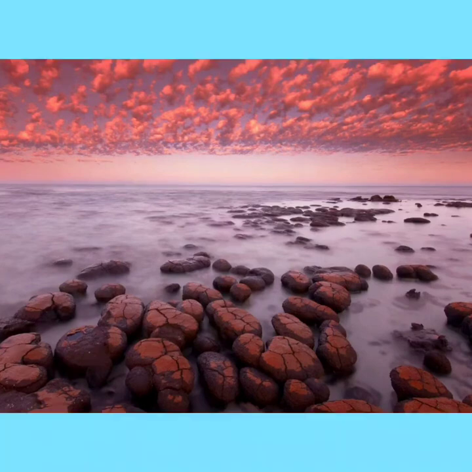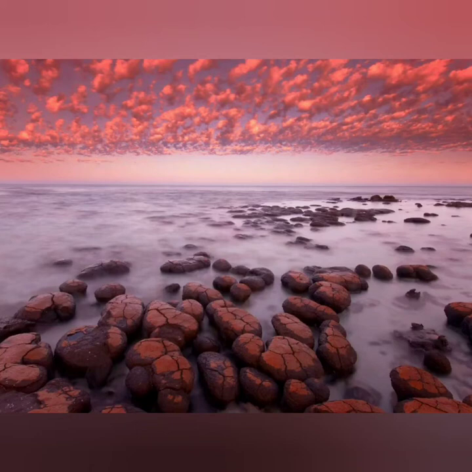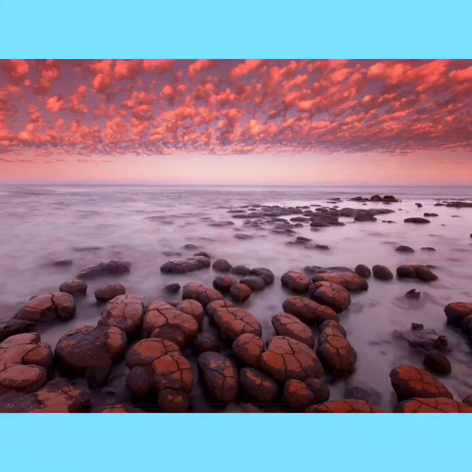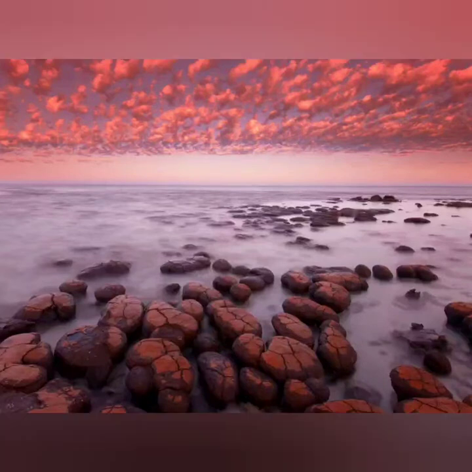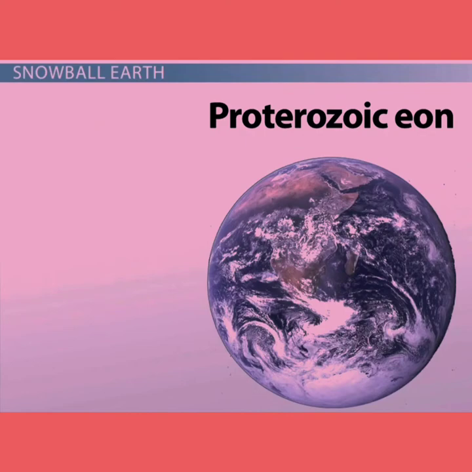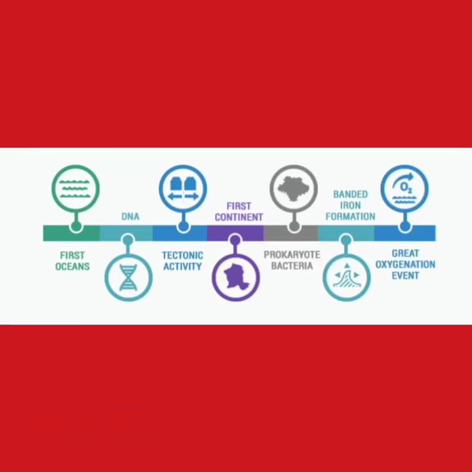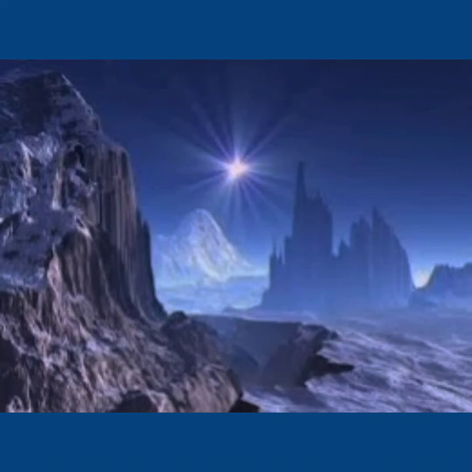The Proterozoic Eon extended from 2500 million years to 542 million years ago. The name Proterozoic comes from Greek, which means earlier life. The well-identified events of this eon were the transition to an oxygenated atmosphere, several glaciations, and the evolution of abundant, soft-bodied multicellular organisms. In this eon, the temperature cooled down significantly compared to the Archean Eon. In this eon, Earth completely froze into a snowball Earth or slushball Earth.